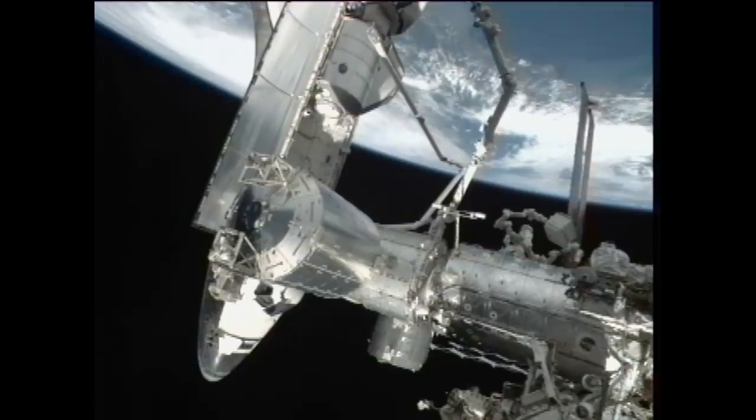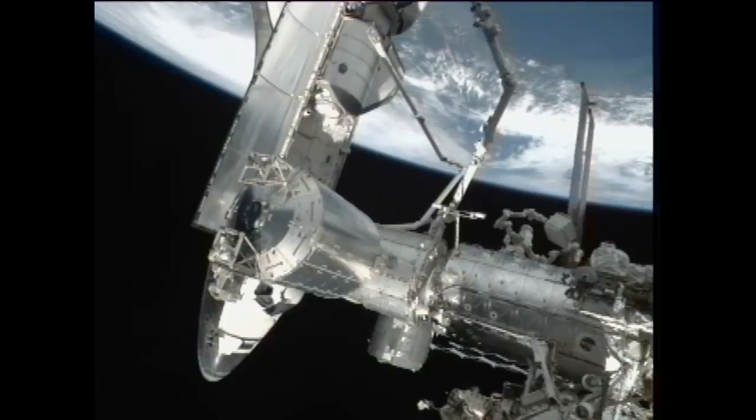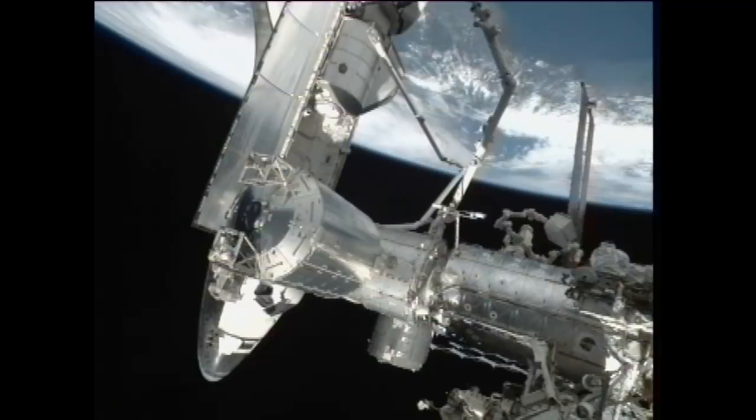Atlantis Station, Mike on the big loop. Station is ready for undocking. Atlantis copies. Physical separation, Houston. Houston copies. Undocking confirmed